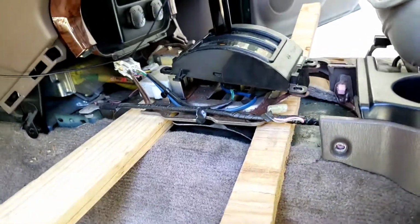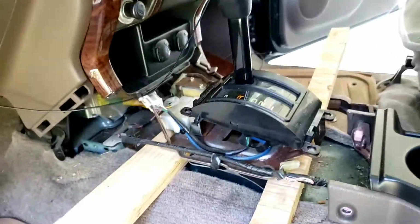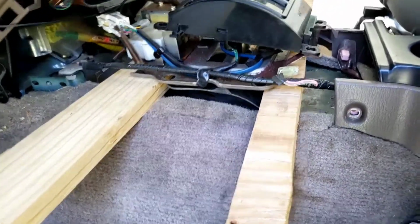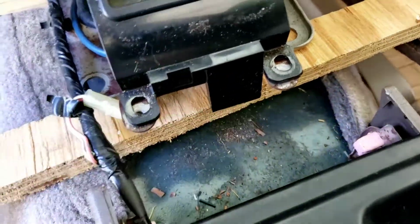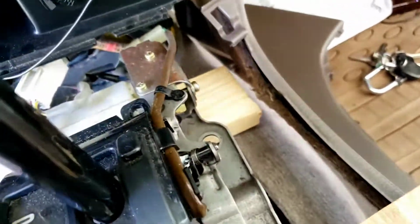Hey guys, back to the project. This is part 3 of the Toyota wobbly shifter, the 4runner shifter problem. Well, I've taken everything apart so that I can access the bolt. These are all the pieces that I had to remove. Basically, it was the 4 Phillips head screws for the housing of the gear shift window, and then the 4 main bolts, and under that